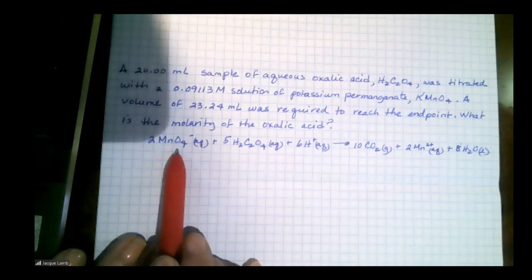So 0.002117 moles of MnO4 minus times 5 moles of oxalic acid to 2 moles of MnO4 minus means that I have 0.005295 moles of H2C2O4, oxalic acid. That number of moles was contained in my 20 milliliter sample. So I can divide this by 0.0200